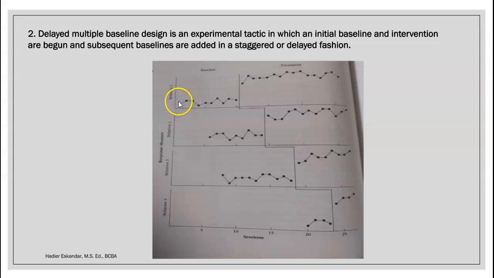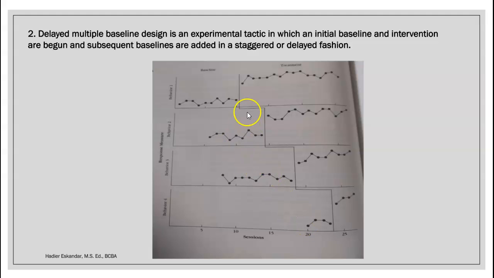But here you're doing a baseline on behavior number 1, but you haven't started on the other 3. Later you start baseline on the second one, then maybe the third one, and you wait a very long time to start the fourth